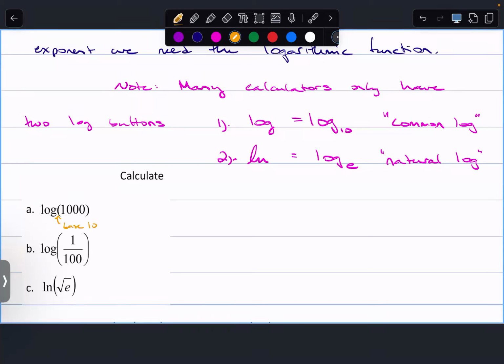And I think you have an LN button and then just the empty base button, or at least I do. I have an older version of the calculator though, so does it look like the new one? Probably the same. Nice. Okay. Cool.